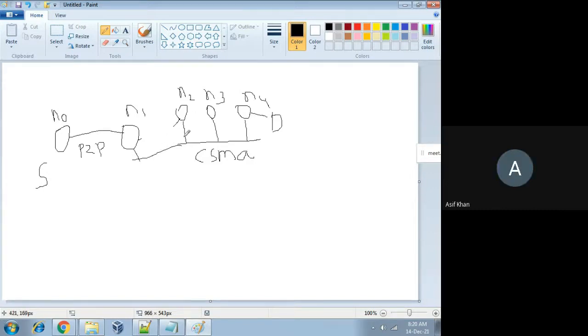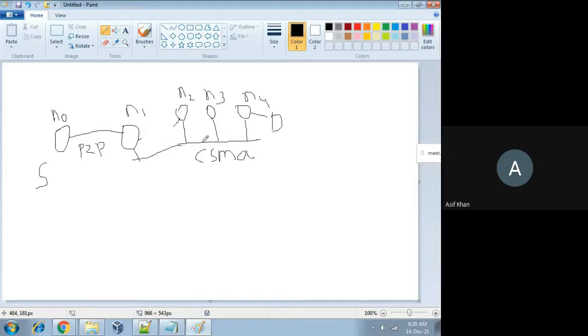So here, you have to create three nodes, and then you have to connect them using the CSMA channel, and N1 you also have to take and connect to this CSMA channel. So this node N1 is actually common to these two channels.